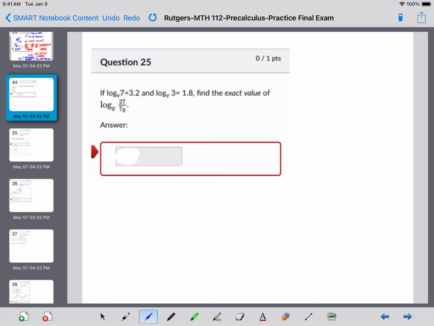25. Looks like the question we did earlier, right? So there's division, so use your quotient law. You separate by subtraction. Make sure to carry your base over. Now I have, you're given 7, you're given 3. 27 is 3 to the third. So log base y of 3 to the third minus log base y of, there's multiplication, so you could separate